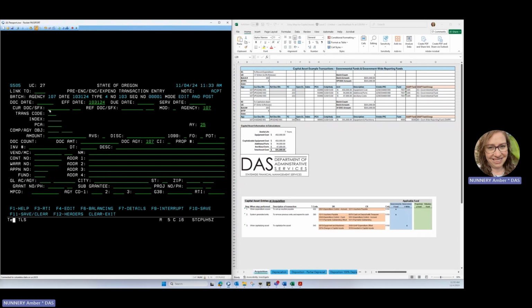So it is JV 10/24/02, suffix 001. And then I'm going to enter my reference document, which is the VP I entered earlier, 10/24/02/001. Enter the transaction code, and mine is 545, and then enter the PCA and the agency object sub, so 99905, and then